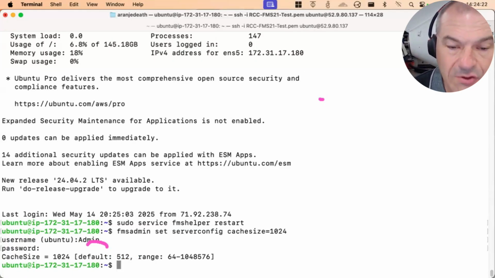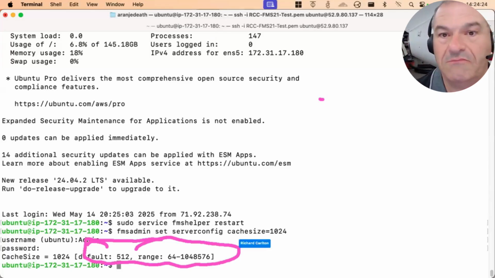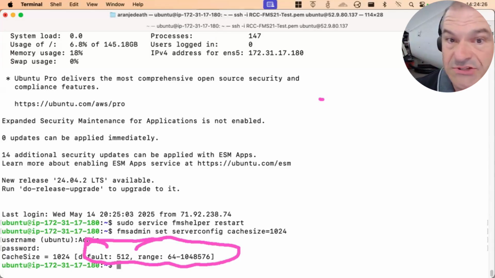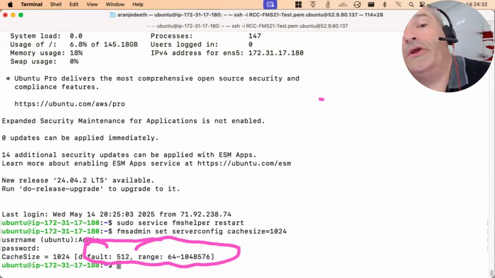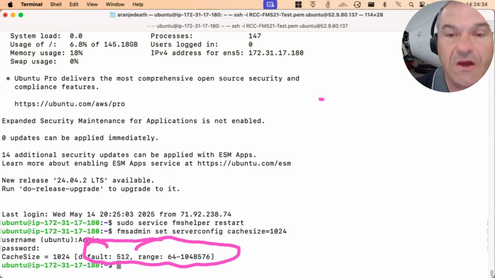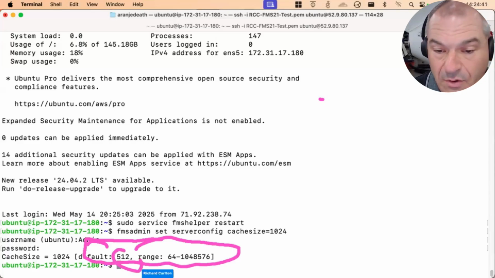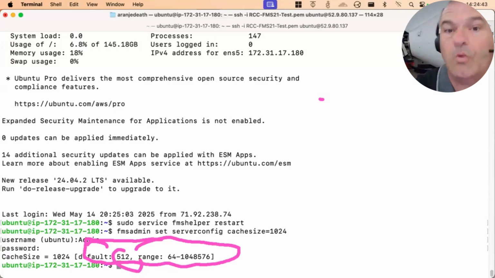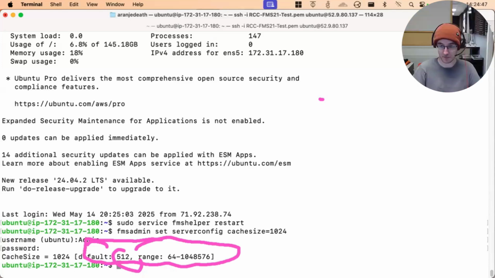So you could have a mediocre $50 a month server on Amazon outperform a $10,000 server, because the people who thought they were brilliant didn't read the instructions, didn't talk to the professional consultants, and left it in a default configuration. You change that number to a reasonable number, and suddenly you get to take advantage of that $10,000. Otherwise, you're wasting it.